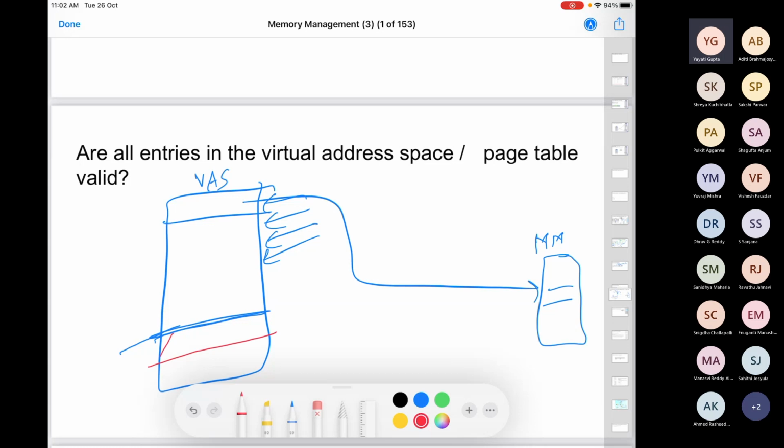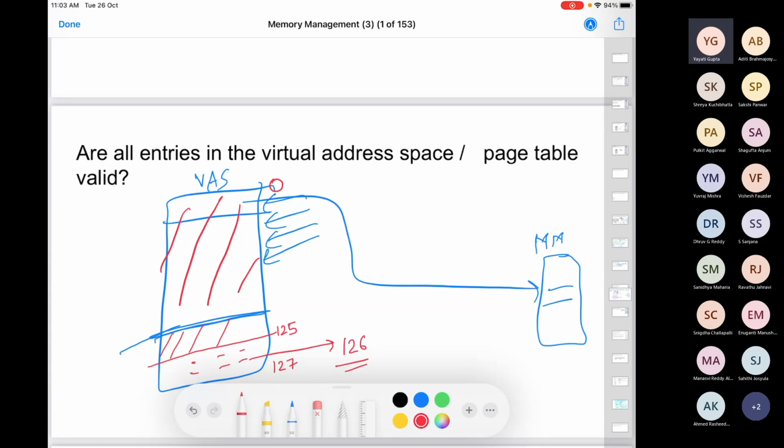So your process might be occupying only this much space, right? This much space is actually not being utilized by the process, so it shouldn't be mapped anywhere. Let's say it starts from virtual address 0 and goes all the way up to virtual address 127. Let's say we have 125 here. So in case this process somehow generates a virtual address of 126, it should be an invalid virtual address because it is not mapped anywhere in your main memory. Right? So we should have a mechanism for that.